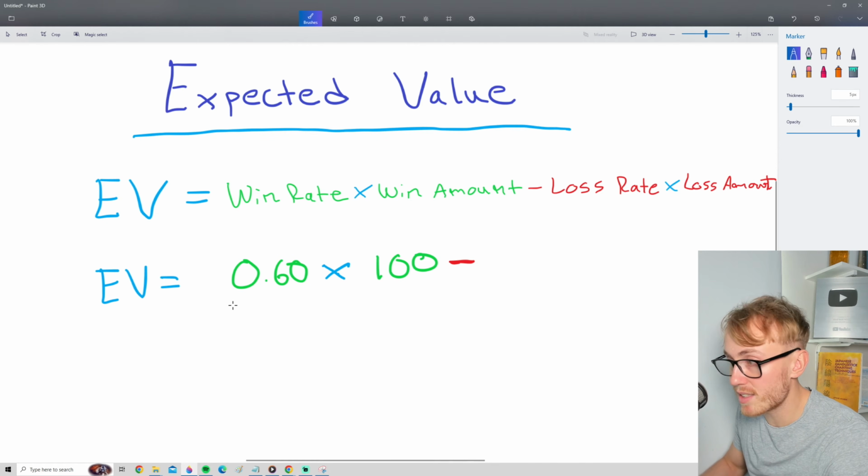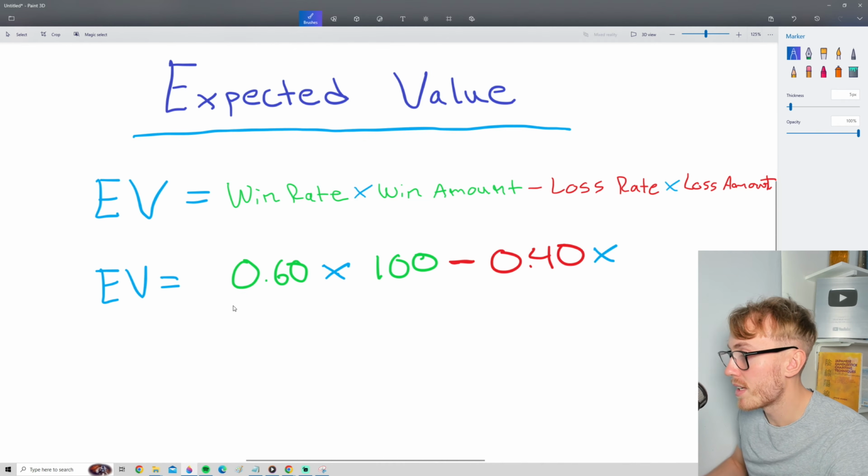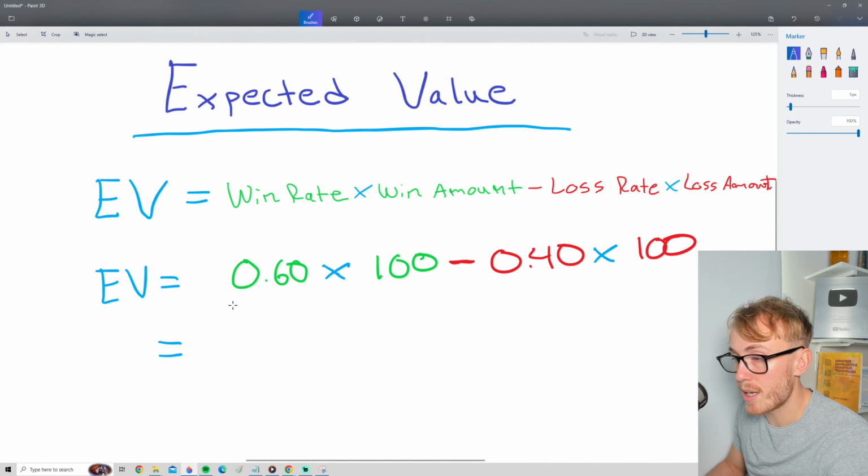Because we have a 60% win rate, we have a 40% loss rate, or in other words, 0.40 times the loss amount, and we have our stop loss, so we lose 100 when we lose the trade. This is equal to 0.60 times 100, which is simply 60, and then minus 0.40 times 100, which is simply 40. So in this case, our expected value